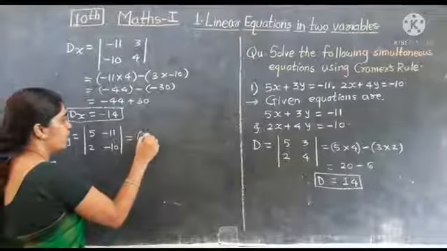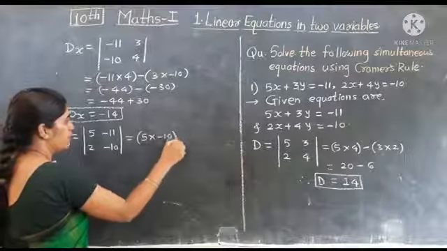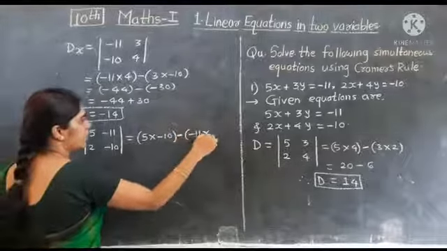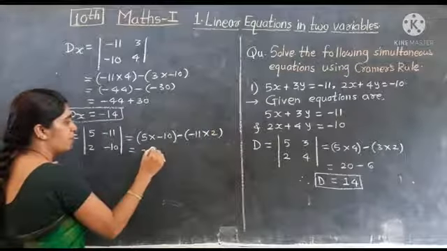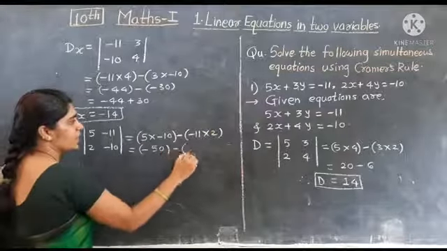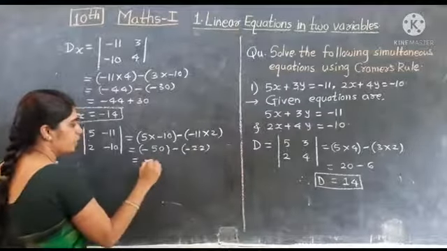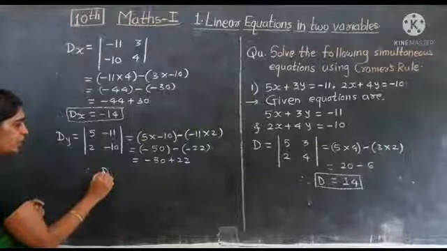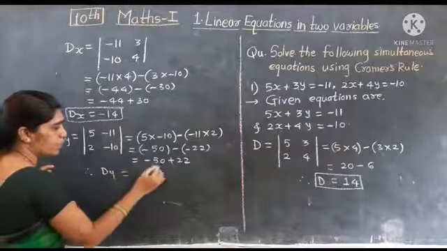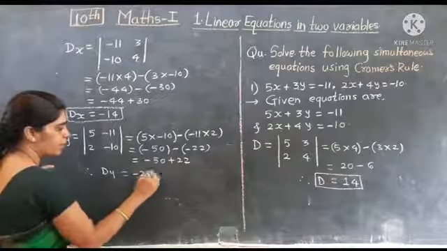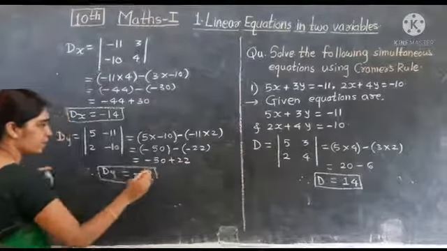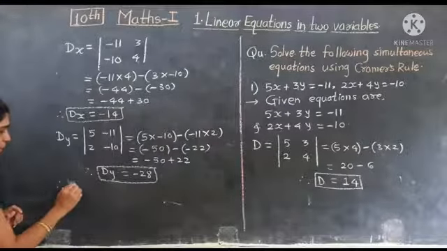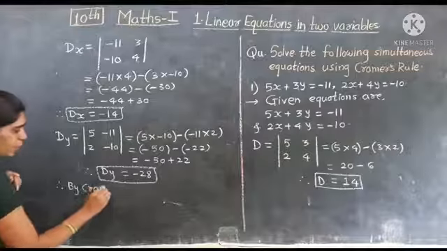So here you simplify: 5 into minus 10 minus minus 11 into 2, that is minus 50 minus minus 22, minus 50 plus 22. Therefore, we get dy is equal to minus 28. Therefore, by Cramer's rule, we can write as,